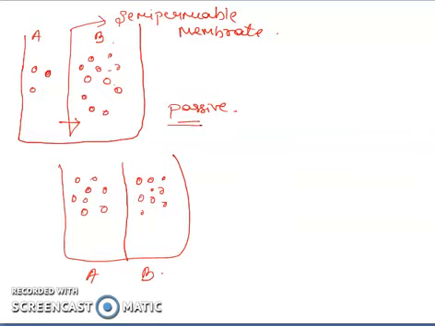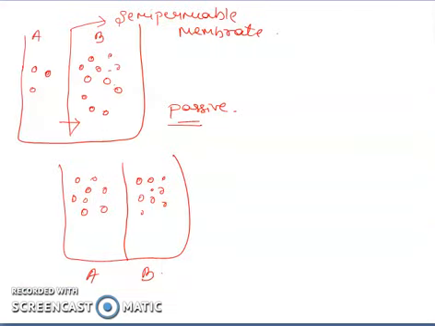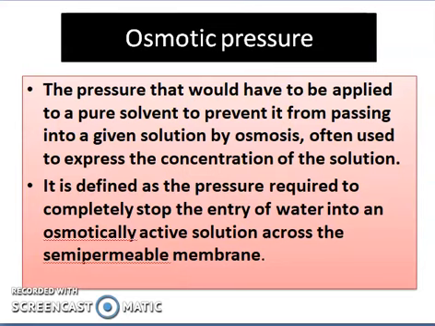Now we will see another term, that is the osmotic pressure. What exactly is osmotic pressure? It is the minimum energy which is required for the stoppage of osmosis, because in the second diagram we saw that the solute concentration as well as the solvent concentration of both the cells A and B is the same. So there is no need for osmosis to take place. For this it needs a little bit of energy for creating a pressure. That pressure is known as osmotic pressure.